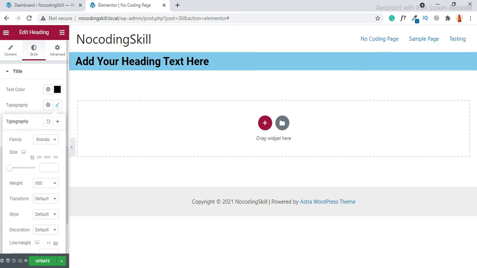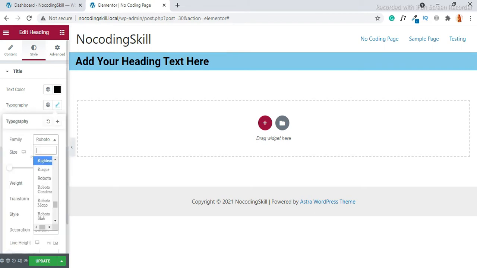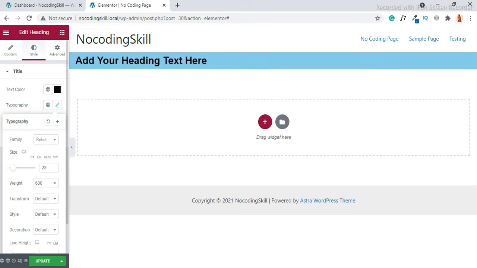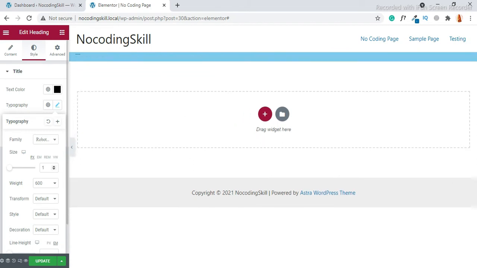You can also change the font. Click over here, typography, and a different type of fonts is available. You can set the size from here, you can set it manually.